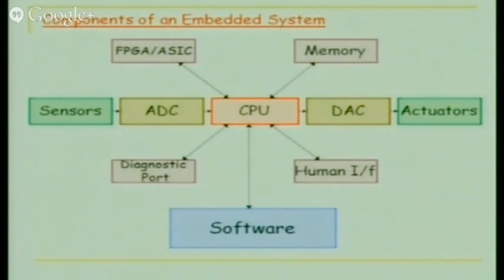Now the next step is: what are the components of embedded systems? Essentially there is going to be your brain, the central part of it, the heart of the system, that is the CPU, with different processor selections. Some slides will come on that also: which processor should you go for, and what are the criteria? But otherwise, in general, you would come across I/O peripheral devices, and they